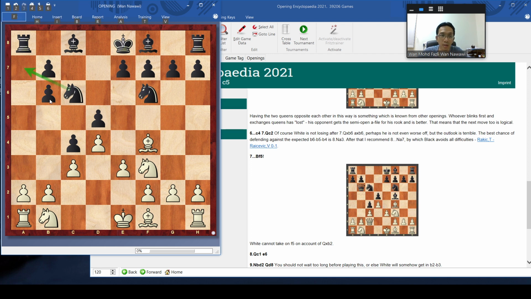You don't need to go there anyway, but normally white will play this in order to prevent this, in order to hold this b5 square. So when white plays that, black normally plays knight here to support this, and then break here together with opening this thing and castling and so on lah.